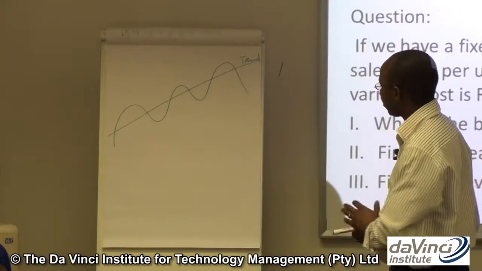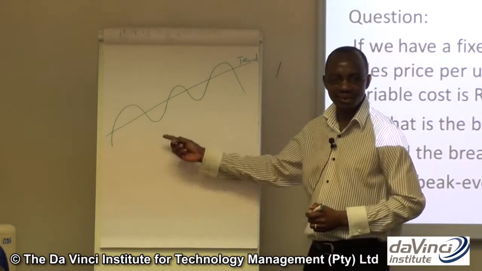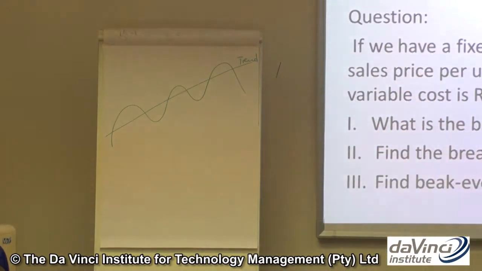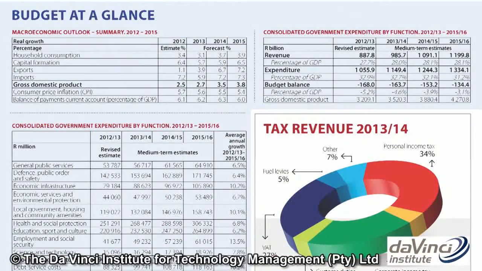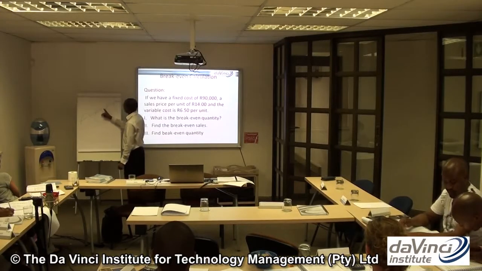So this has been a little bit of finance in economics. Now we move to statistics in economics. Because you look within that budget summary. It says the forecast for 2014 is that inflation will be this much. In 2015, it will be this much. So where are they getting those figures? Through statistics. So using statistics, you are able to come up with this line.